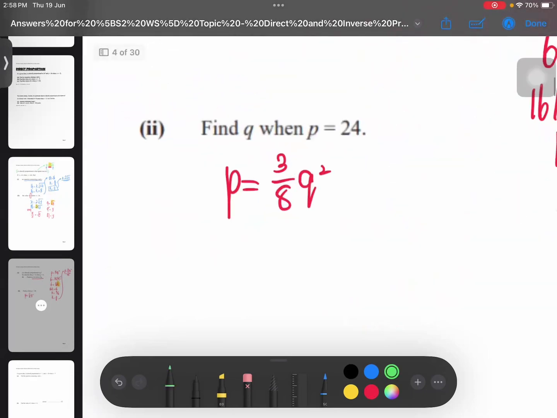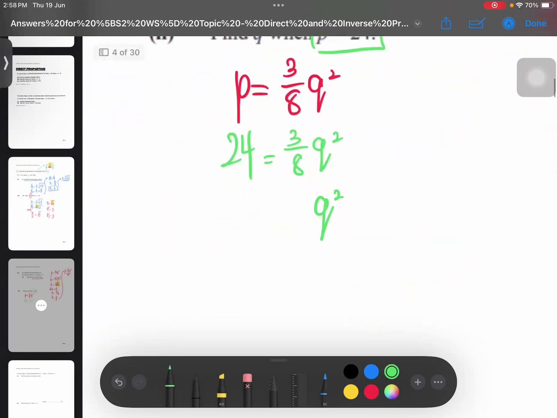Since I know that is the equation, I'm going to write this down. And then what I will do is I will sub in what? P equals to what? 24. So 24 equals 3 over 8 q squared. Make sense? All right, so q squared is equal to what? 24 divided by 3 over 8. Is this something that you can understand? When you do 24 divided by 3 over 8, you press your calculator properly, you get 64 equals